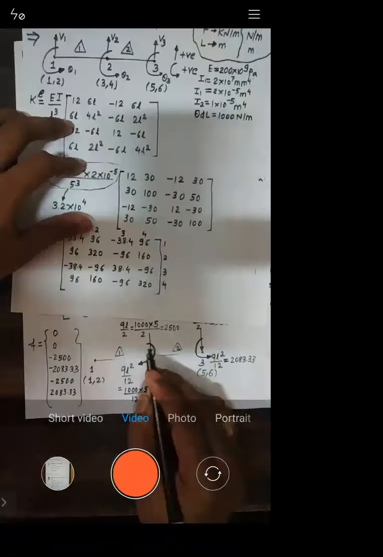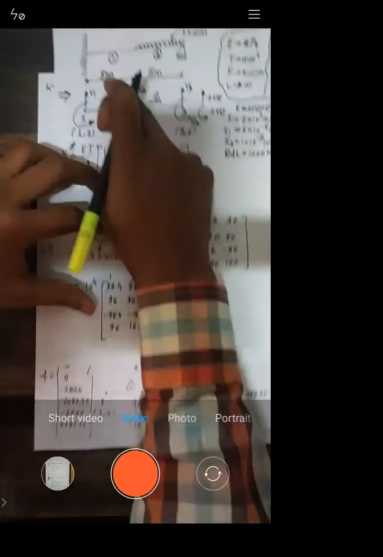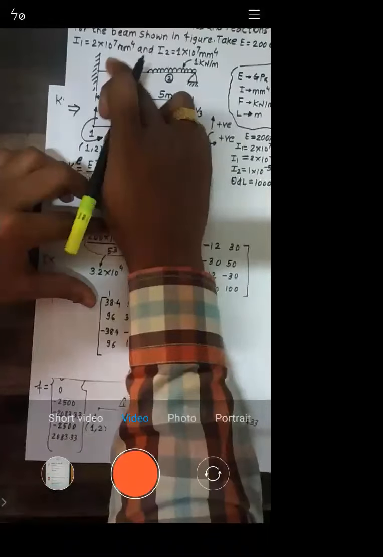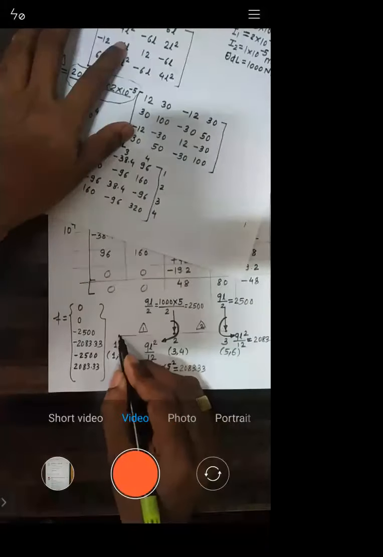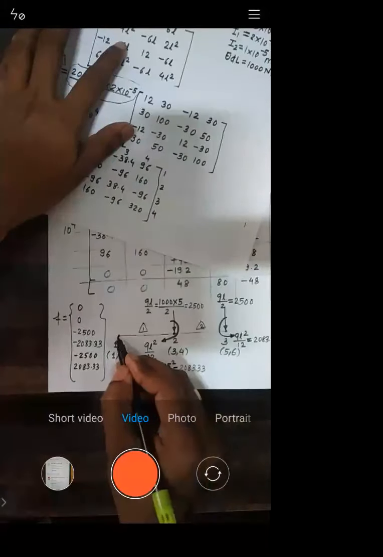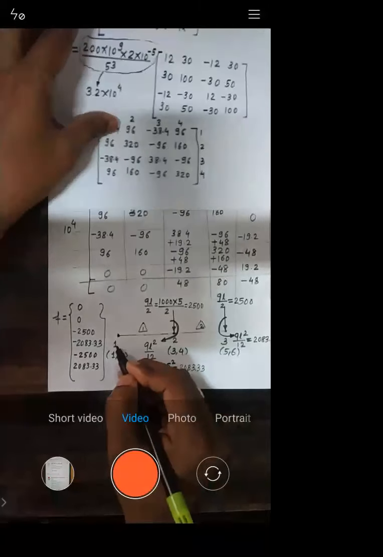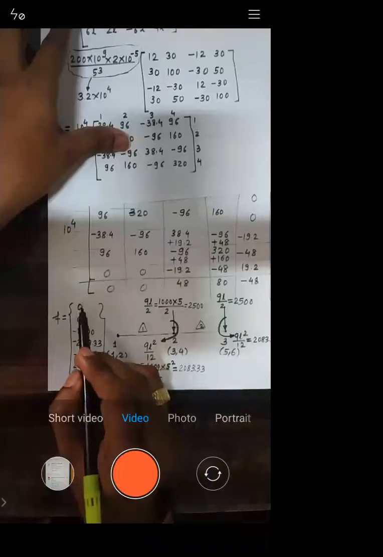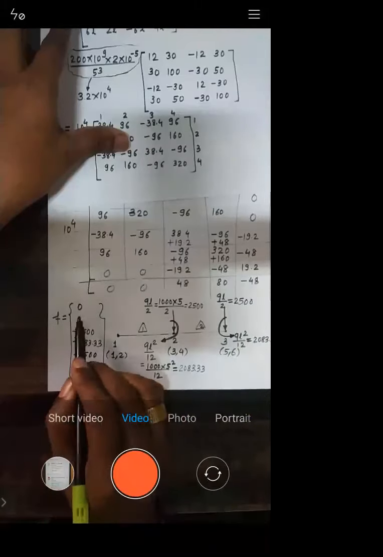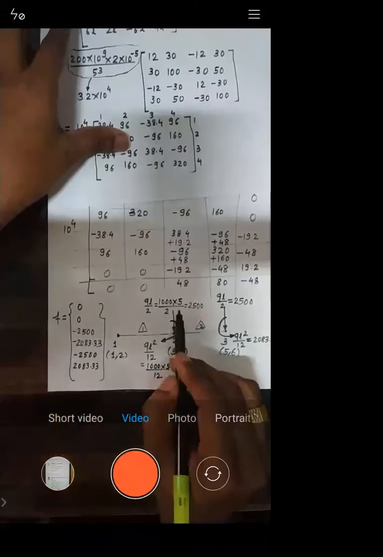But here, if you can see, on element number 1, there is no uniformly distributed load. So obviously, as there is no uniformly distributed load, there is no need of any conversion. So for node number 1, no load is there. Similarly, there is no movement. So this is for load, this is for movement. So they are 0. So come back to this array.